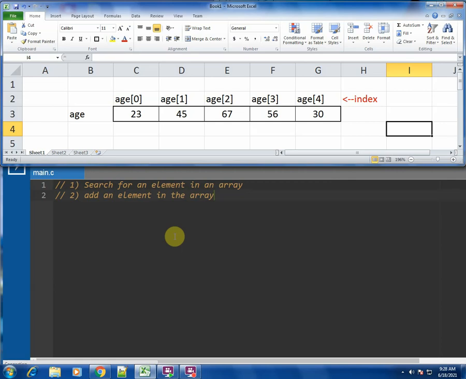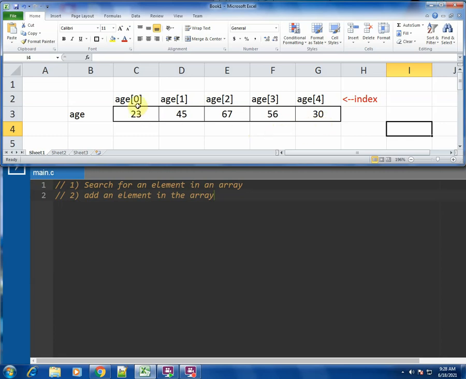As you can see, there's one array example which I have depicted at the top of the screen. The name of the array is age. There are some values stored in this array: the first value is 23, second is 45, third is 67, then 56 and 30.